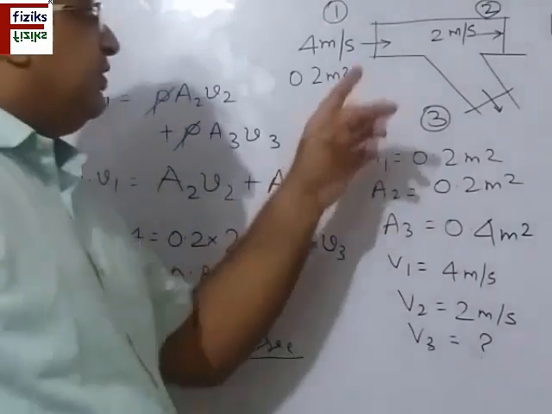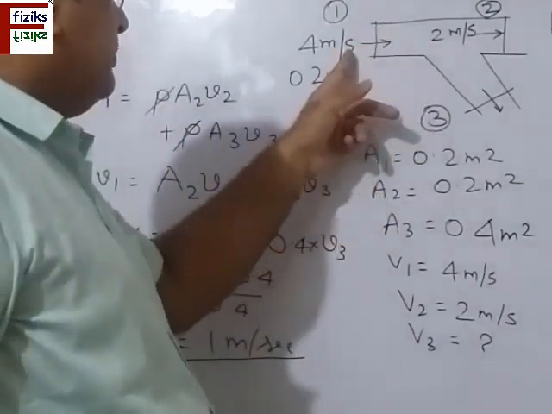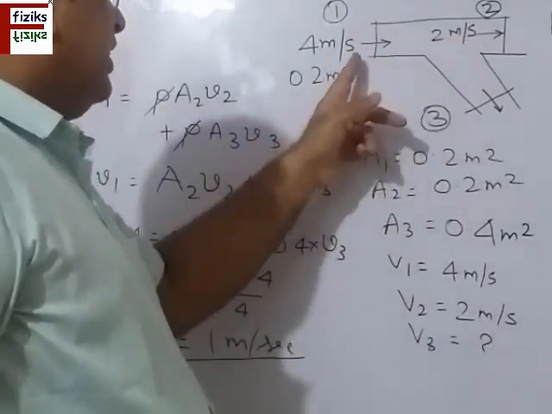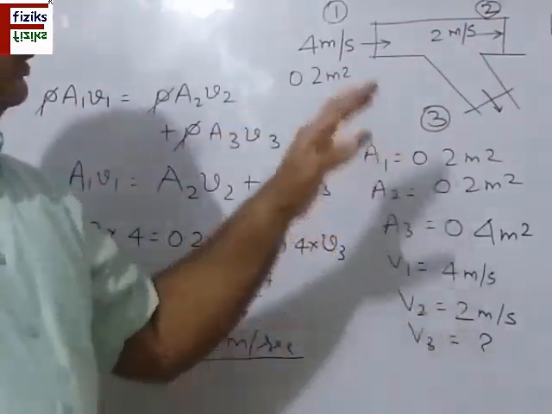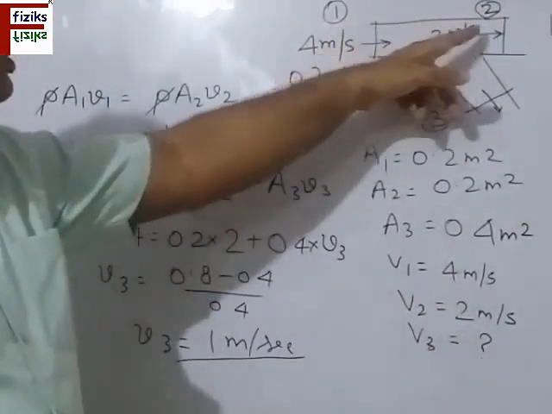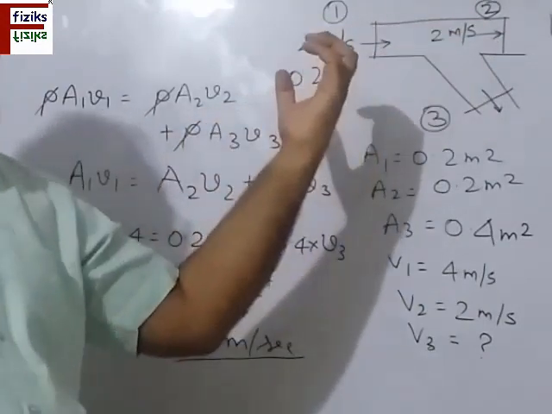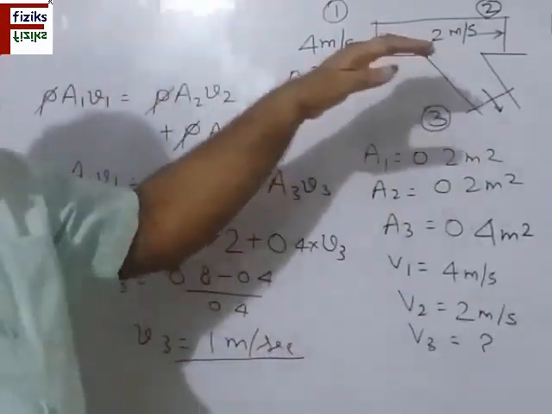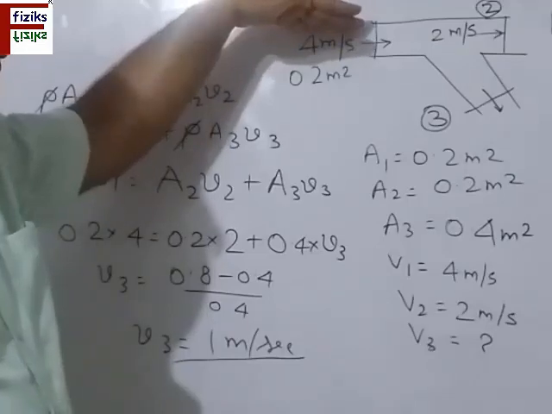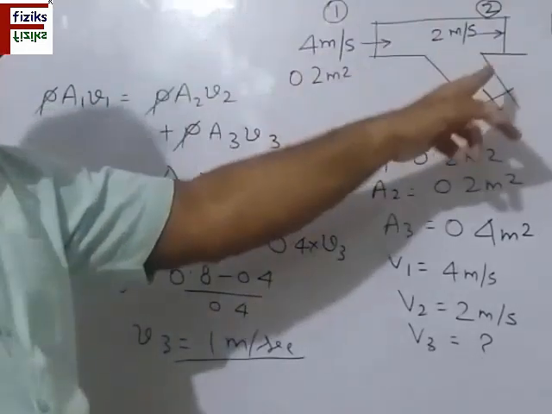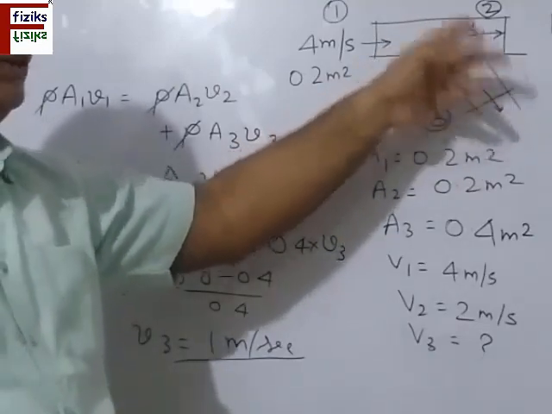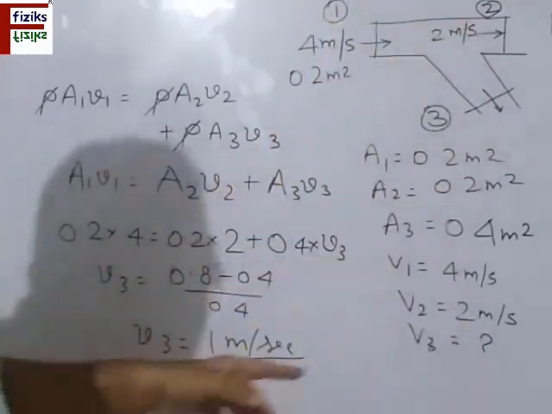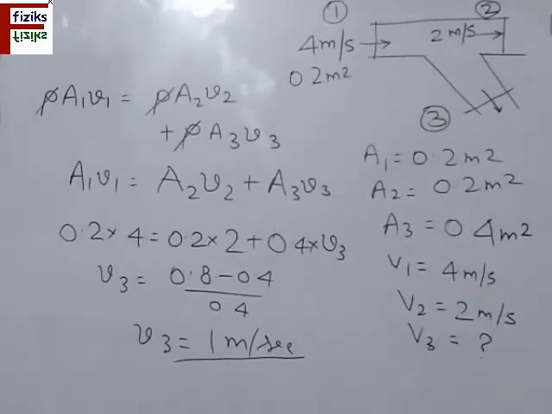The values of velocity which are given here, it is 4 meter per second, 2 meter per second. Area of cross section at 1 and 2 are same. So it does not mean that here the area of cross section are same, it means the velocity should be same. This will happen only in case the fluid is coming from 1, going out at 2, and there is no outlet at 3. In that case only the velocity at 1 and 2 will be same. So answer is 1 meter per second. So note it down please.